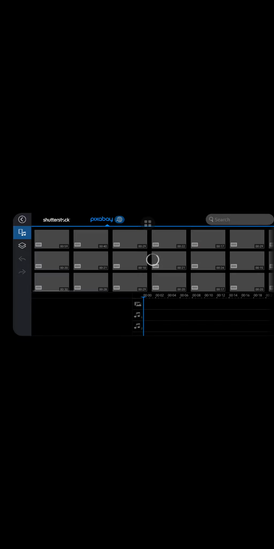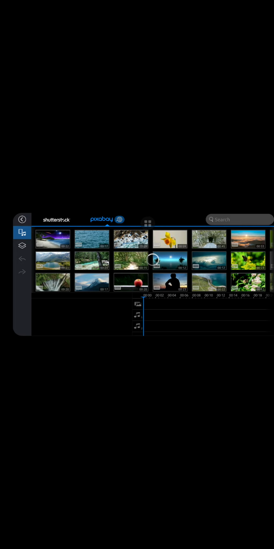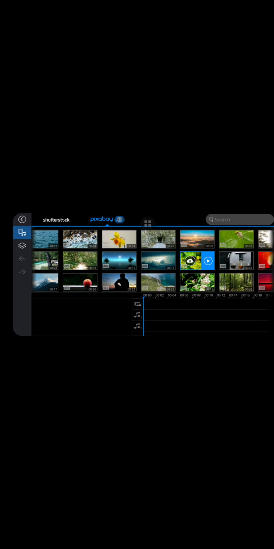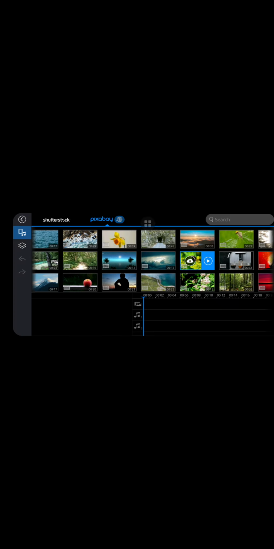You enter Pixel Boy. Then you see it. Anyone you need, if you want to download it, you touch like this one. If you want to know the kind of background you are downloading, you first of all play it. Understand? So for now, I don't have time to do everything like that. After you play it, you will know if you need it. Then if you need it, you can see the icon close to the play button. Here you touch it, and it will be downloading.